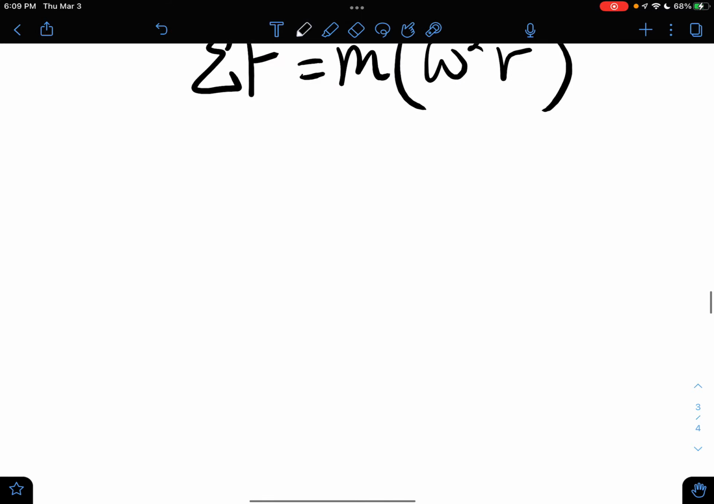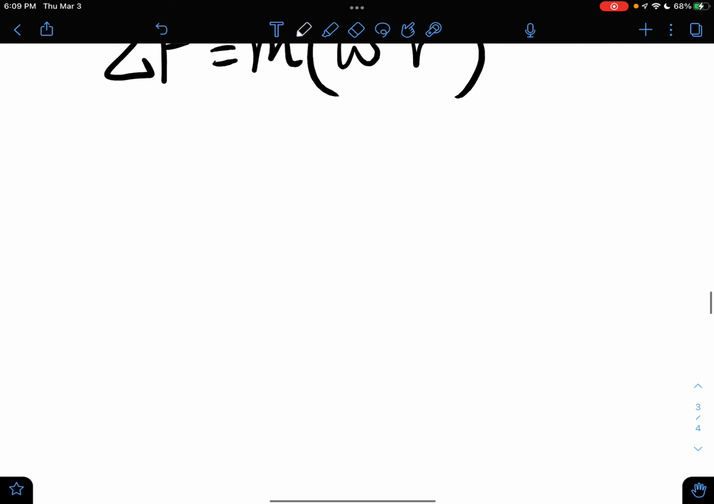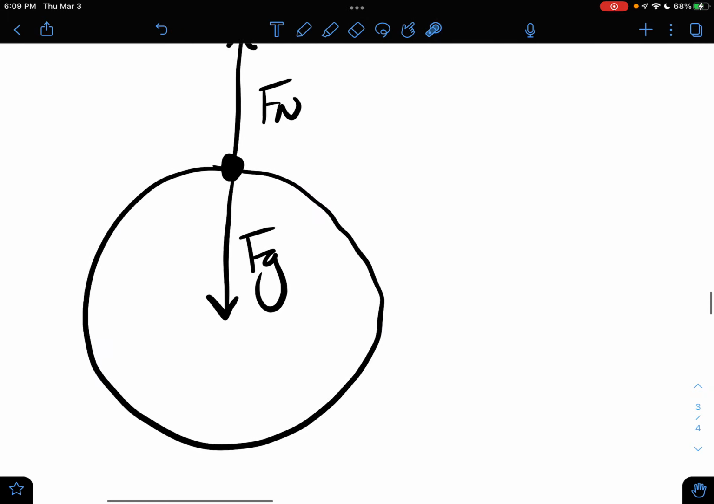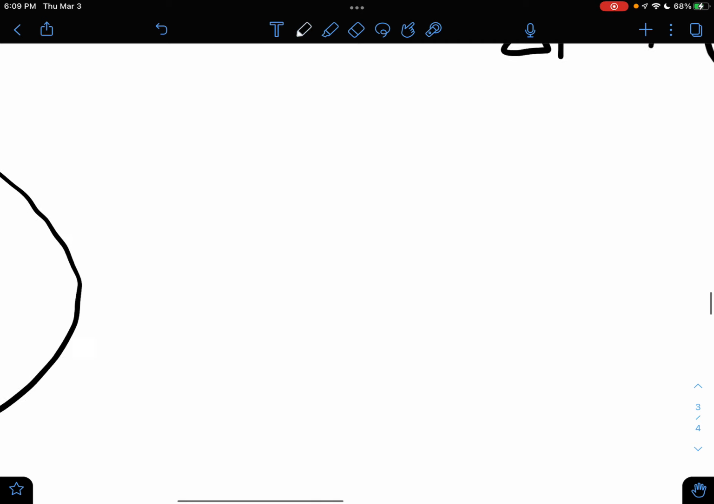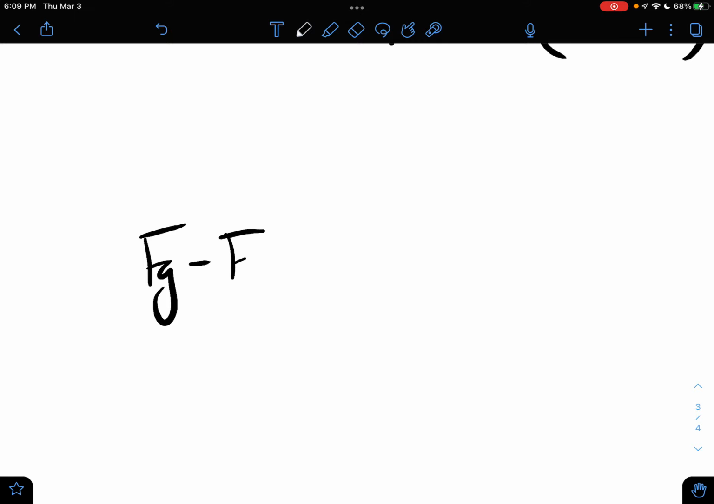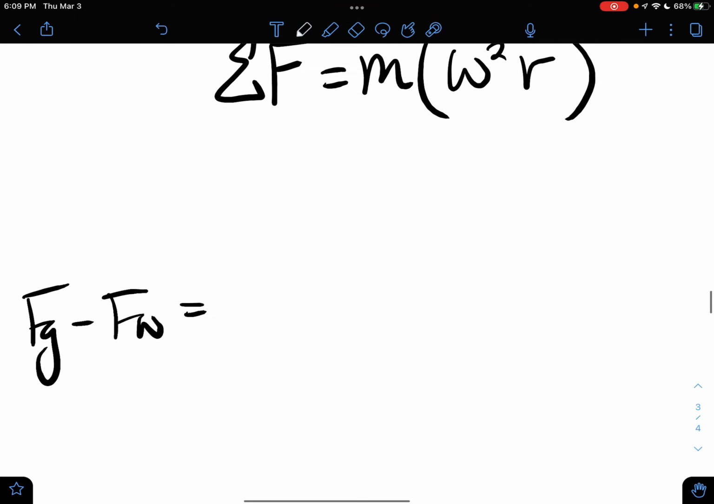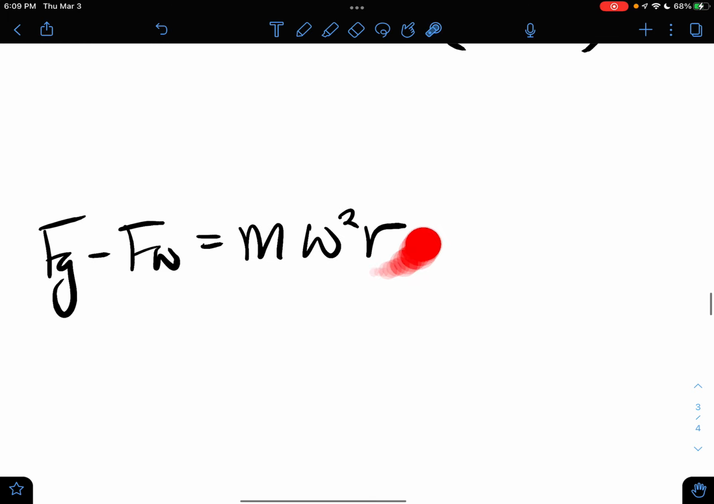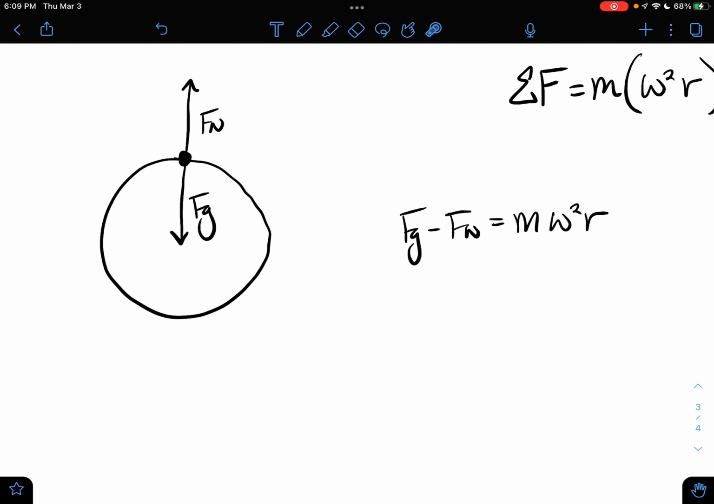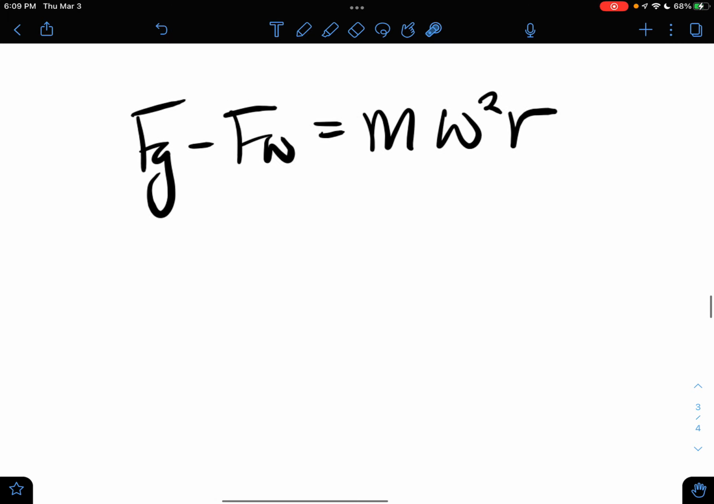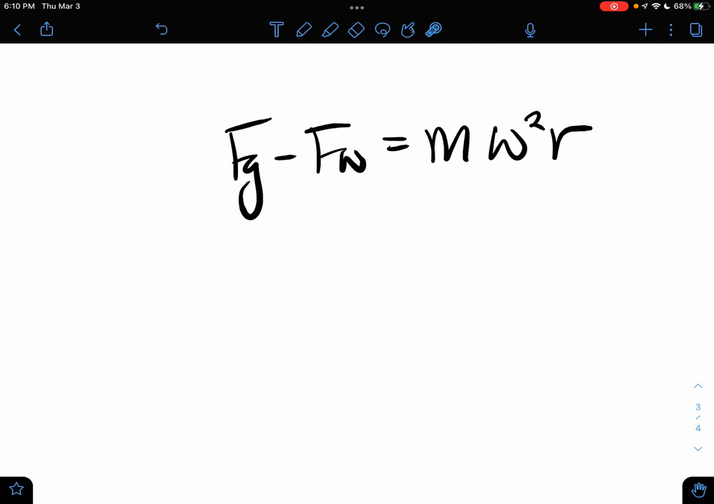So now we say that our sum of our forces is our normal force. Actually, I'm going to say that our acceleration is going to be positive, or towards the center is going to be positive. So Fg minus Fn equals m omega squared r. And again, this is just the radius of Earth, since we're not at an altitude. So solving all of this out,